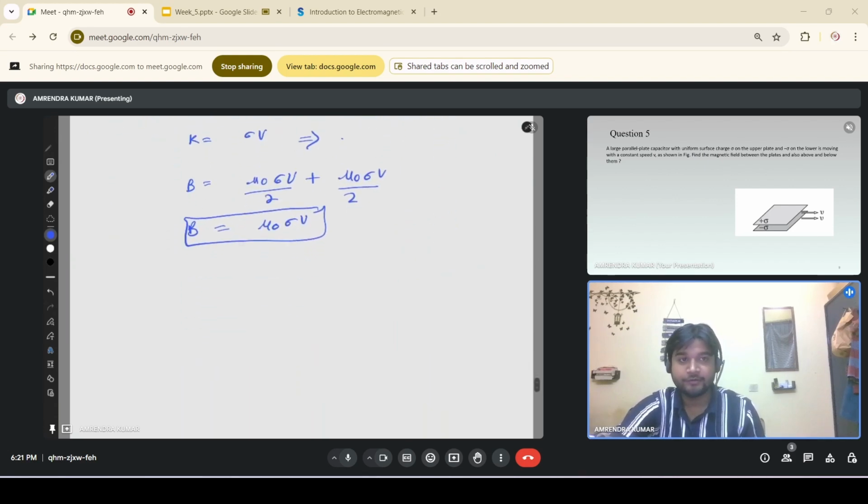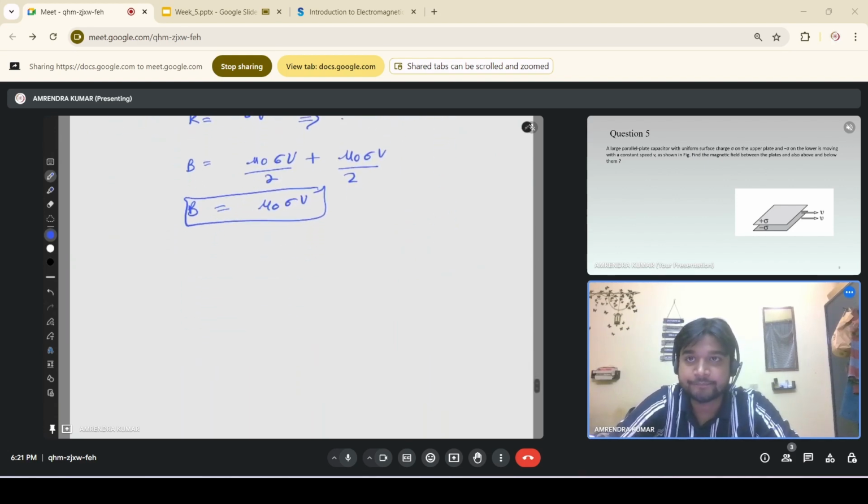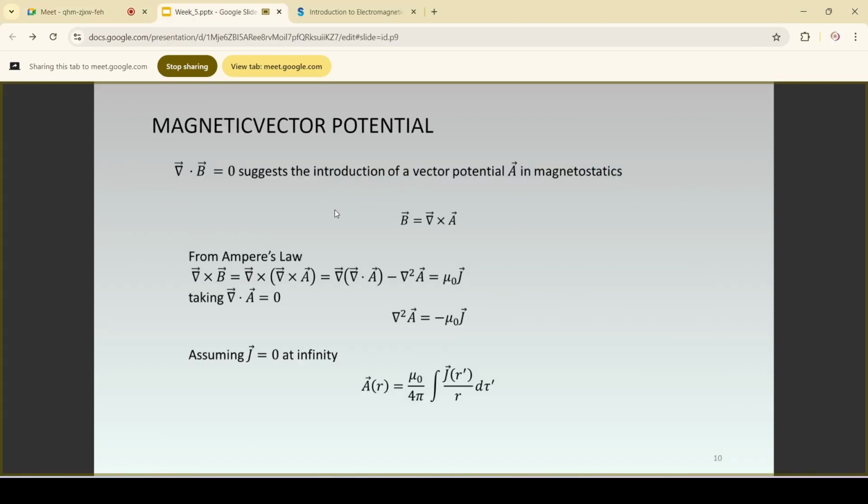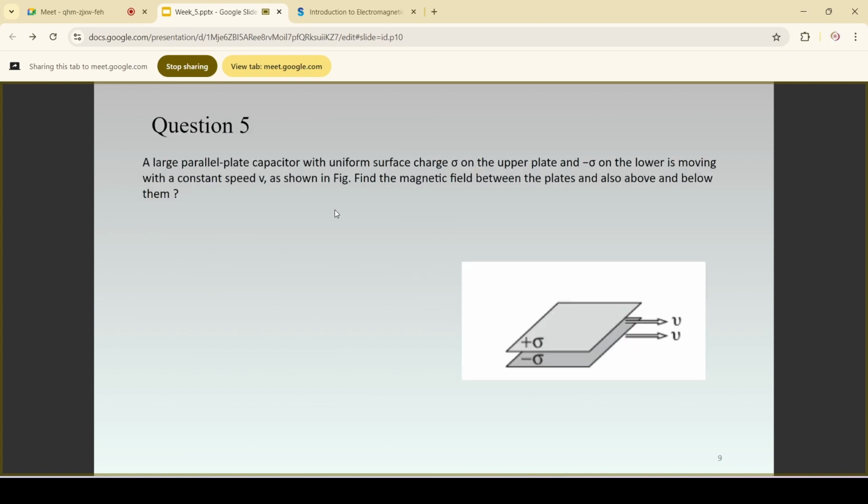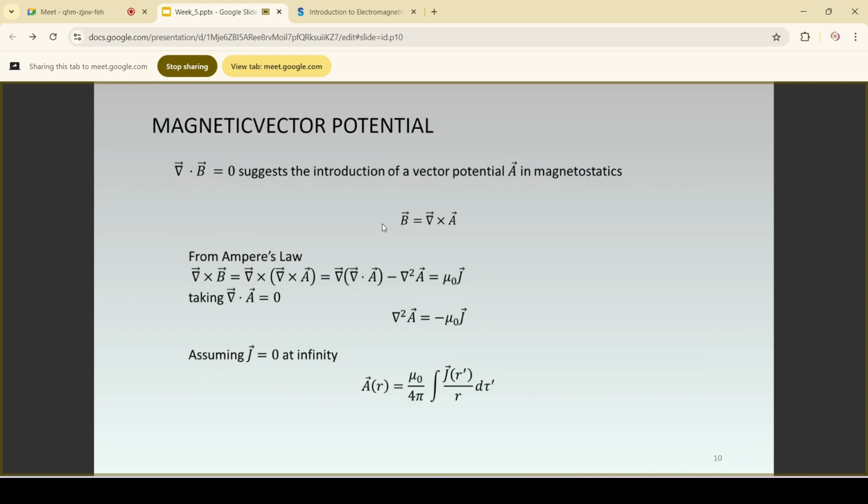Now the next question is, the next question is, we have to first learn about the magnetic vector potential. So here the del dot B suggests the introduction of a vector potential A in magnetostatics, because we know